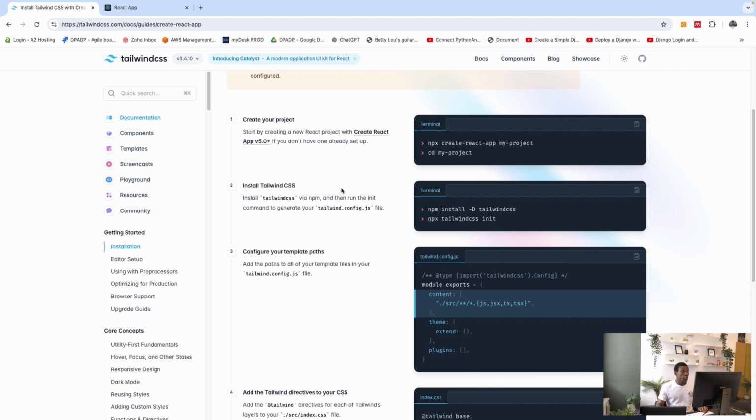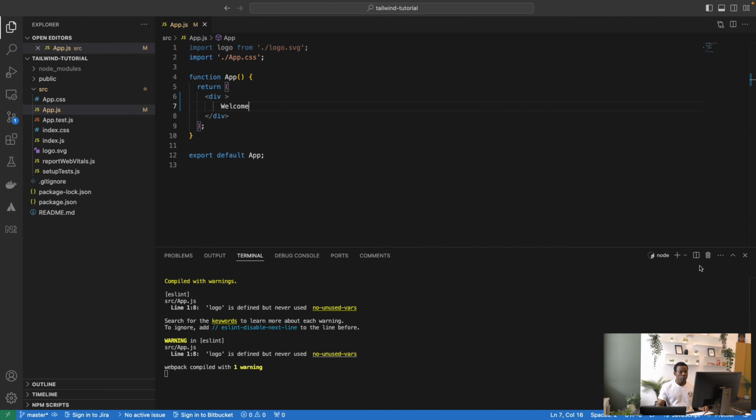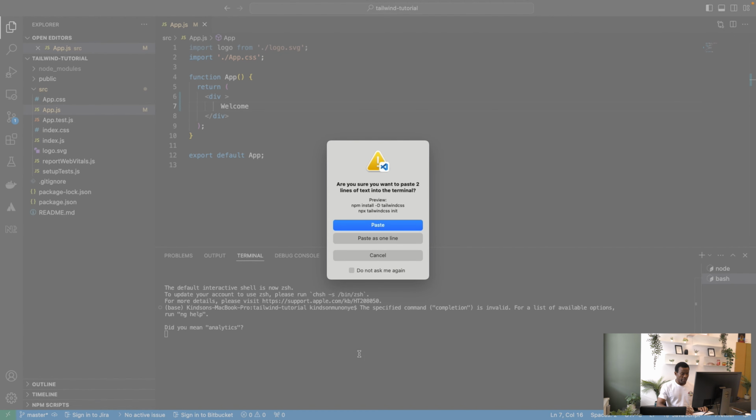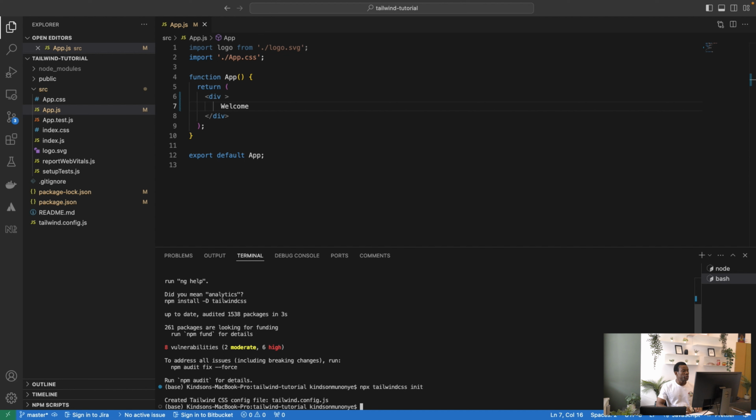So the first thing we want to do is, we already completed step 1. We now want to complete step 2, install Tailwind CSS. So I'm going to simply copy this, click on the copy button here, and I'm going to run it in my project. So I'm going to come here and start a new terminal. I'm going to paste. Okay, so it runs the 2 commands, and once you run these 2 commands, you have a new file called